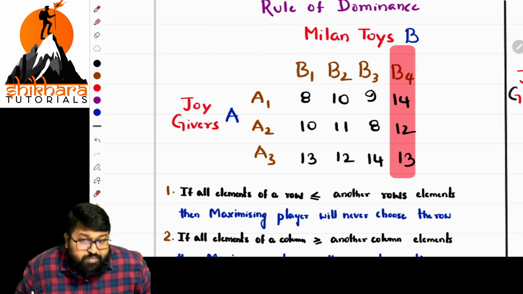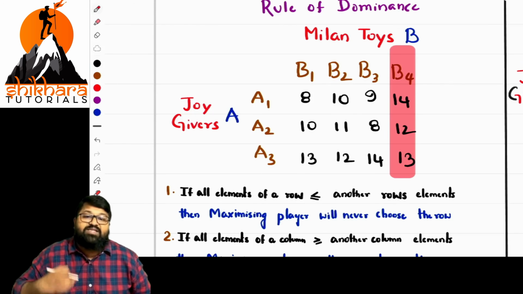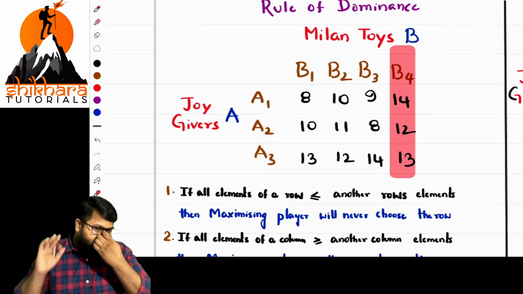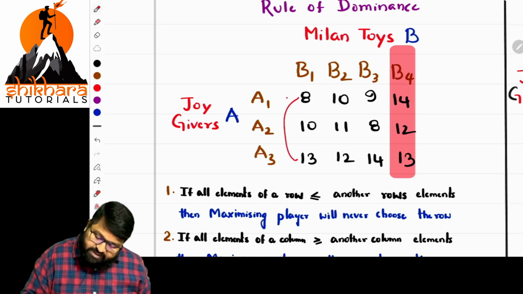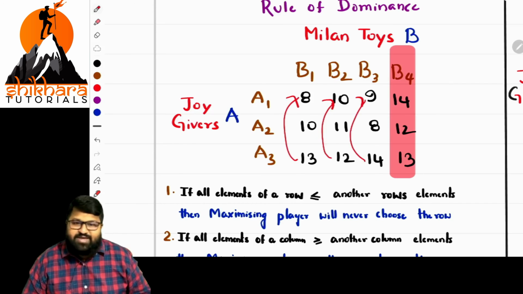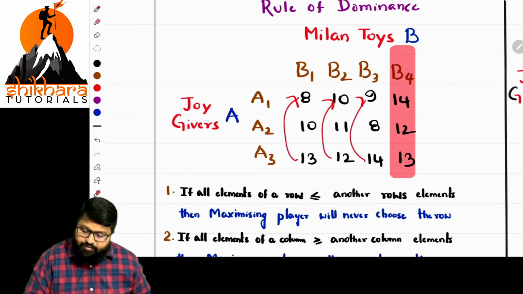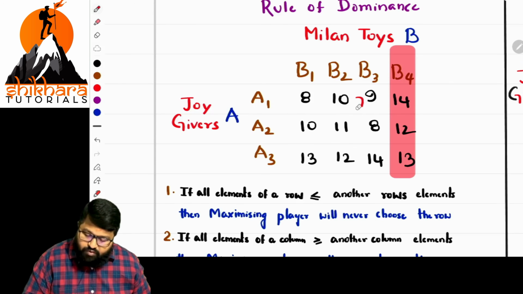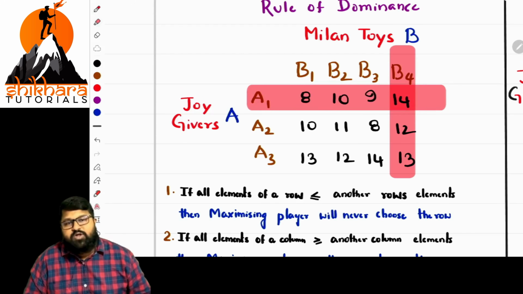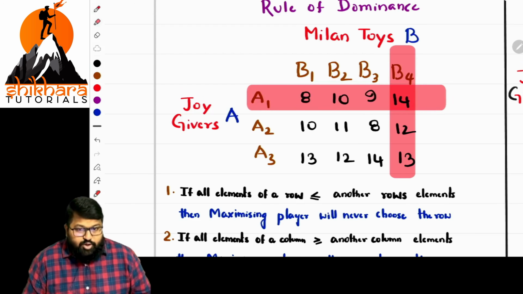The least value should be eliminated because the players want to maximize the gain. When they are maximizing the gain, the least value should be removed. So it is a least value, fine. It is a least value, fine. It is a least value, fine. So definitely we can eliminate that part. The least row, that is A1, is eliminated in this case. Done. Now what is the order of the matrix? It is 2 by 3.